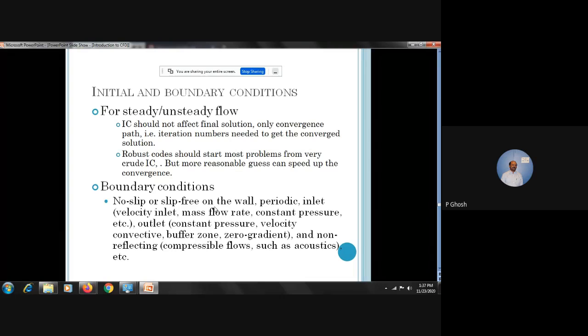I'll tell you one thing: in the same problem, if you just change the boundary condition, you are not going to get a realistic result. You can try with a simple problem and see that if you give a pressure inlet and a pressure outlet and also specify the mass flow rate, it will not converge. So it is very important to know what type of boundary condition is applicable for my case. And these are generic software, so you have to go through their own manual, how they have implemented the boundary condition, and see that these are